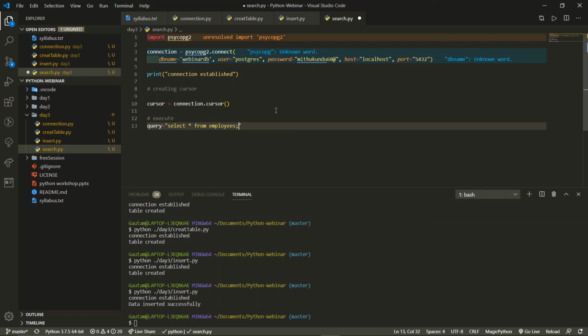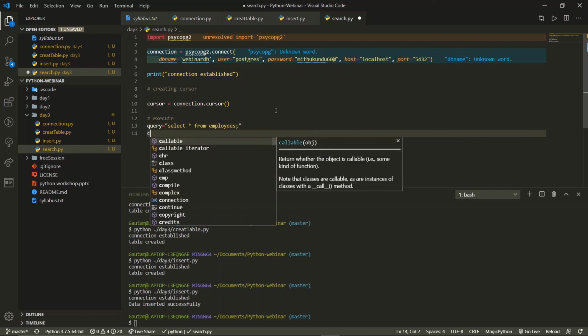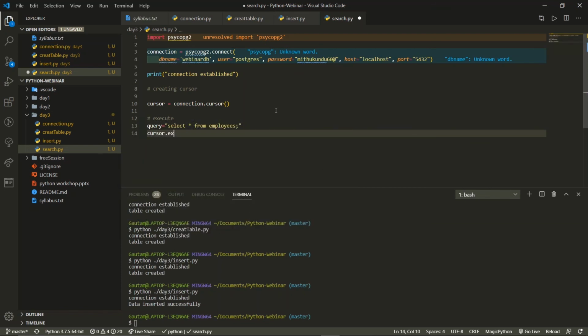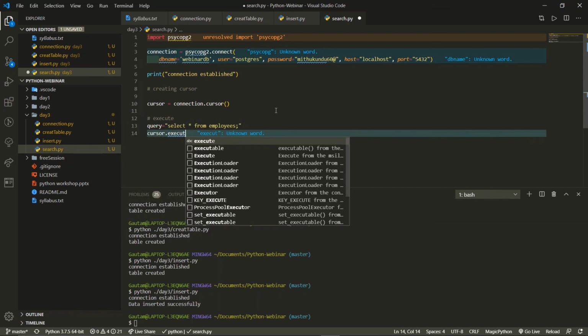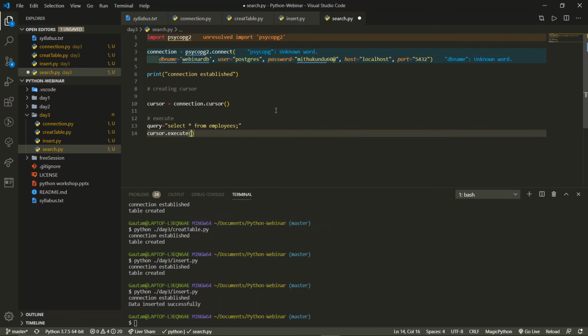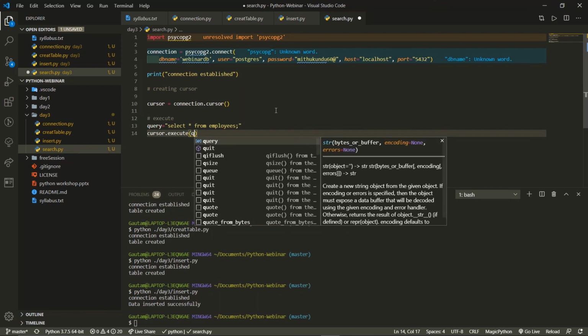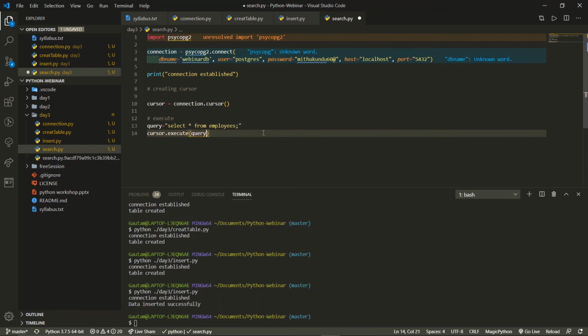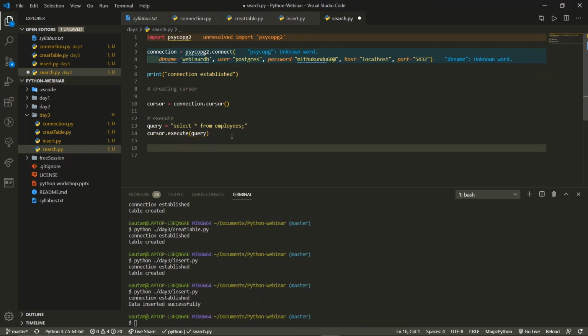Okay, so if we write this, and if we want to execute this, we will execute this query, cursor.execute, and we will pass this value over here, query. Yeah, query. So we can write in this format also, instead of writing directly in this query. Okay, this will help you to write. So while we execute this query, then we need to write two things. We can print.